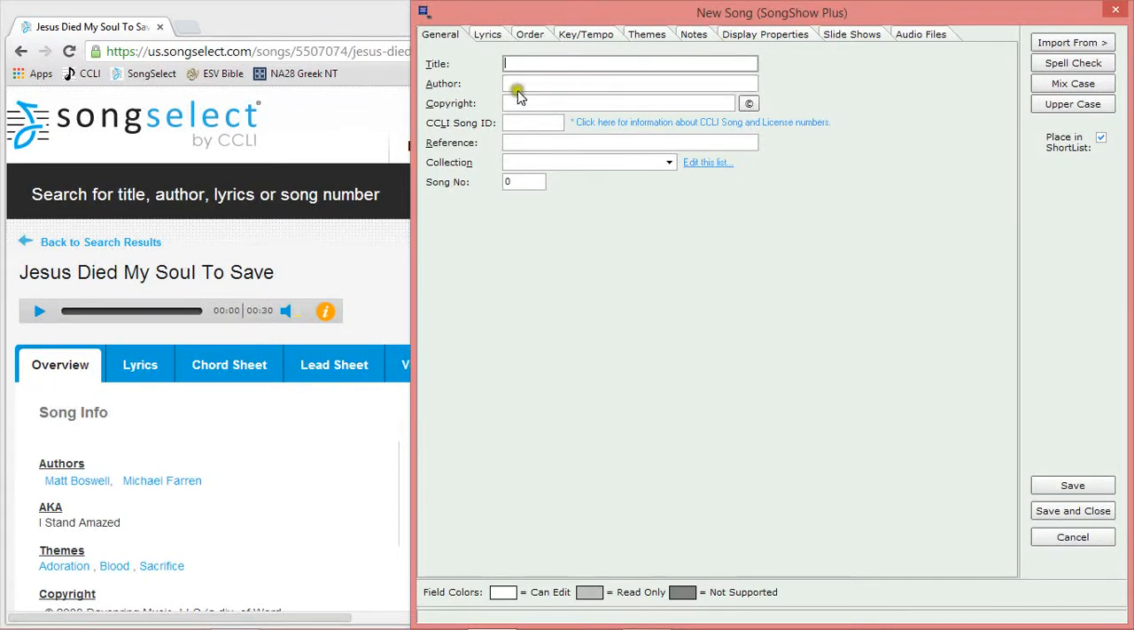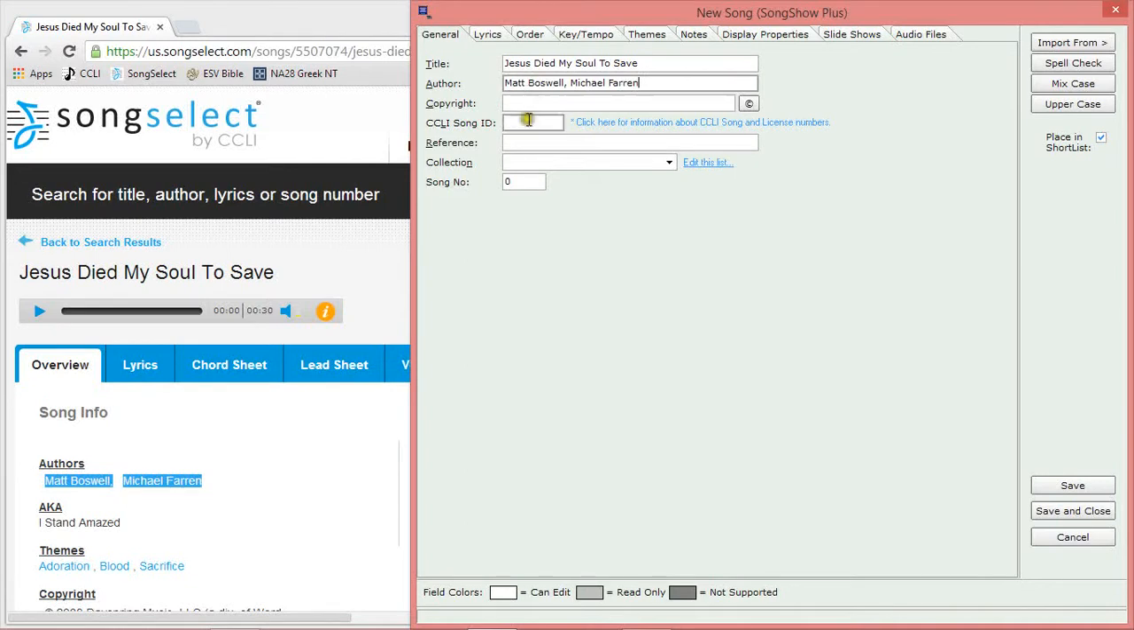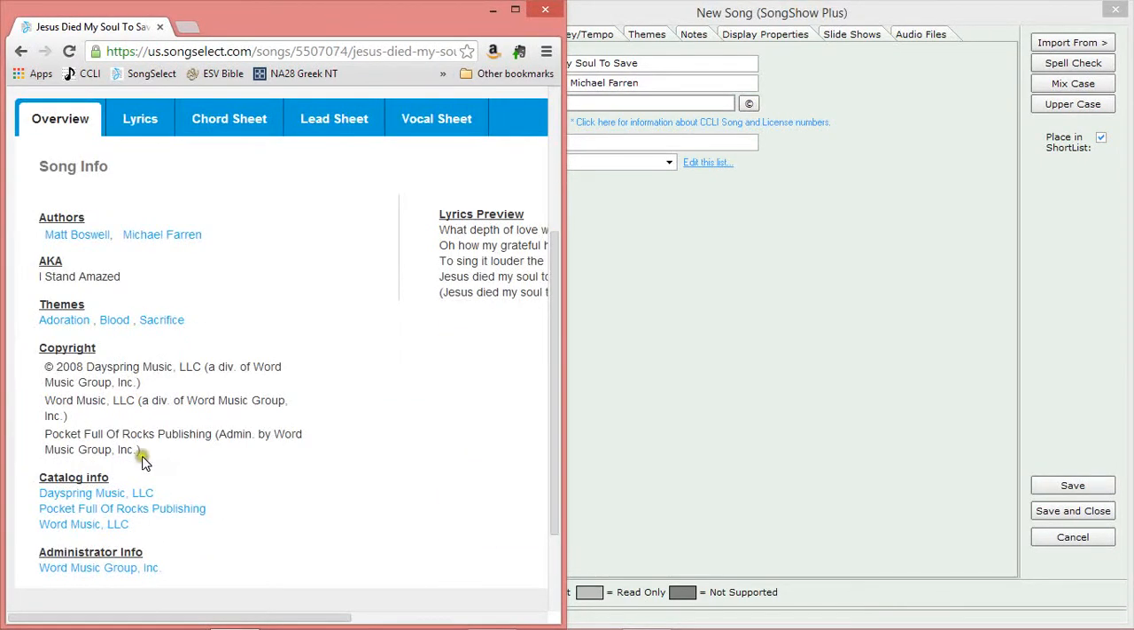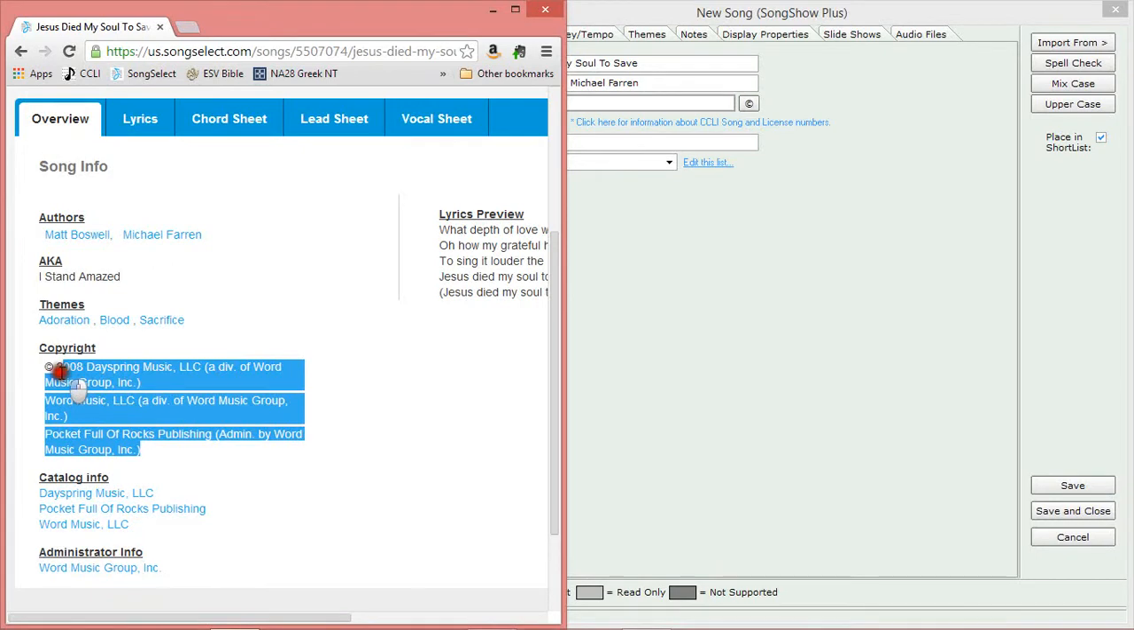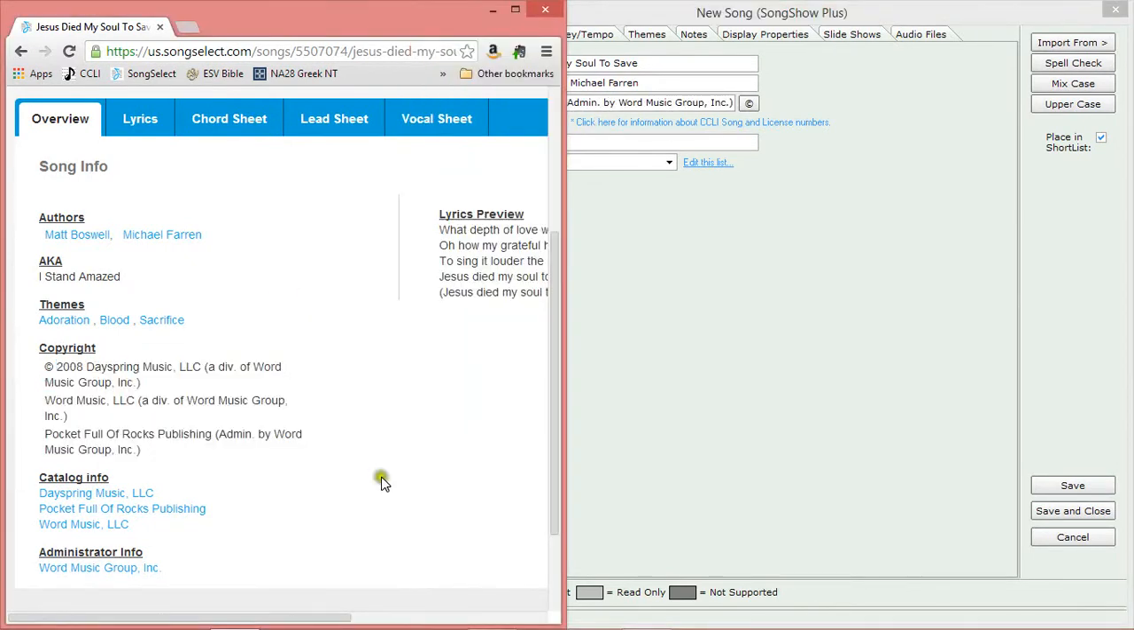So beginning here with the new song builder, I'm going to enter in the information as I've got it here in Song Select, beginning with the title, which is Jesus Died My Soul to Save. The author, I'm going to copy and paste from the Song Select site, as well as the copyright information. I'm going to click the Insert Copyright Character icon, and then come back here, and all of the information under copyright, save the copyright character. I'm going to copy and paste,